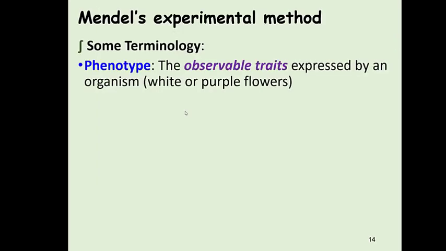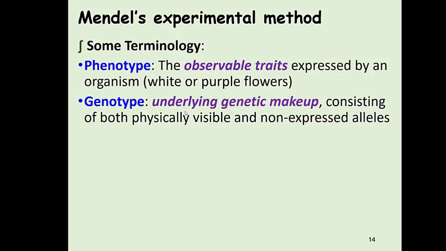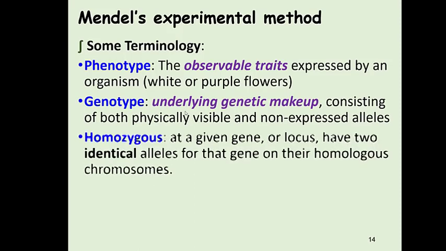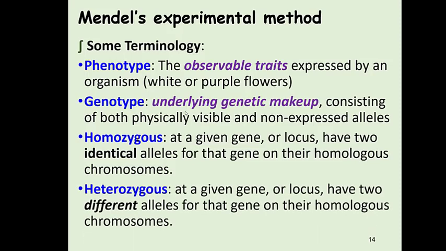We have to deal with a little bit more terminology. We've got the phenotype, and these, again, are the things that we can see. The genotype is the underlying genetic makeup. Homozygous means that at any given gene, the alleles are identical for that gene, so they're exactly the same. Heterozygous at that gene means that you've got 2 different alleles. So homozygous would be like each chromosome having brown eyes and brown eyes, where heterozygous would be like having brown